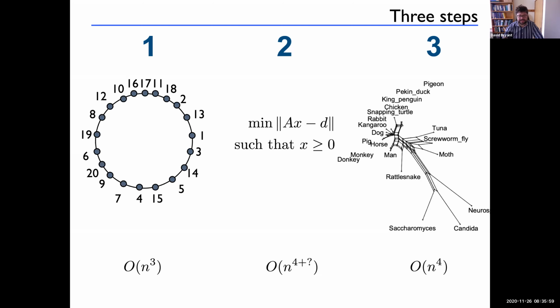In terms of computation, this first step takes n-cubed time, which is the same complexity as neighbor joining. This last step takes, it depends on the complexity of the network, but it can take up to n to the 4 time. And so that's already limiting by the time you get up to n equals 1,000. And this middle step, solving a non-negative least squares problem, well, I haven't really got a good measure for that because the algorithms we use are iterative. And you know, it's difficult to solve exactly and efficiently.